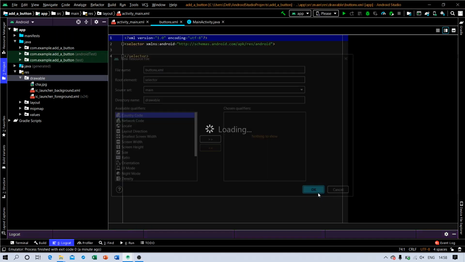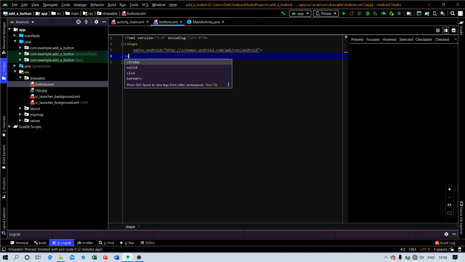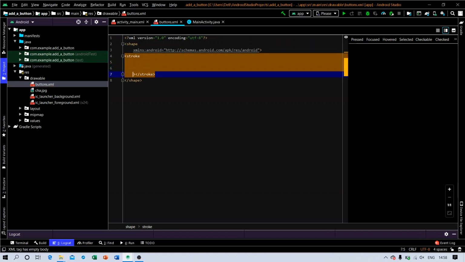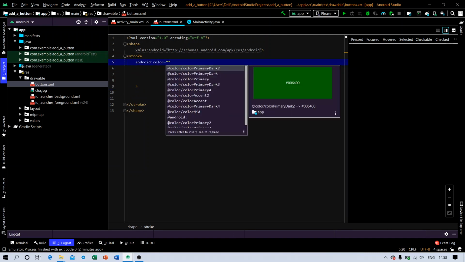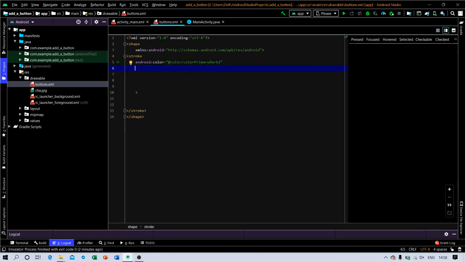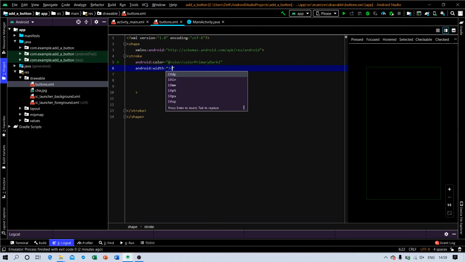Yes, button.xml, this is the name. And if you are doing this step, be sure to change this to shape, and from shape here stroke, and in the stroke here you can give the color whichever you want, but I'm going to give it the green color, and the width will be 10 dp,